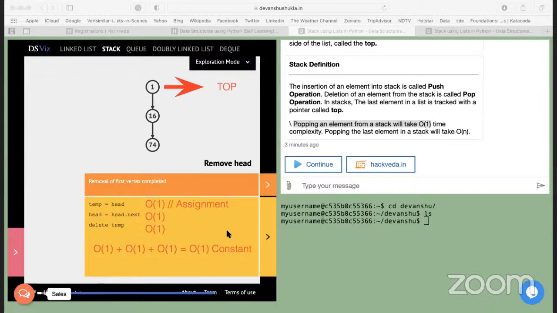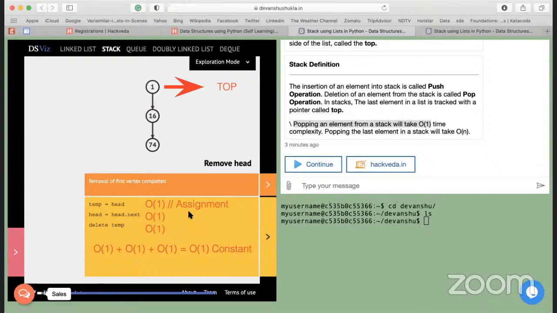In our next lab, I'm going to show you in a very nice animated way how every algorithmic analysis is calculated with every operation. In the next lab, you're going to learn about it. So for now, we are dealing with the stack operations only. Now, just give me a confirmation if this is clear, that all these three operations are big O of 1 and collectively they are called big O of 1, which is a constant time. And constant time means whatever is the size of the stack, it is always going to take one step to